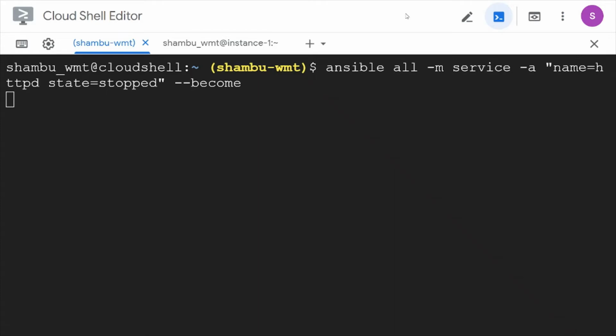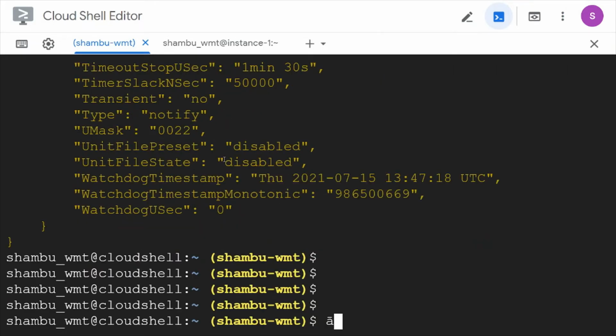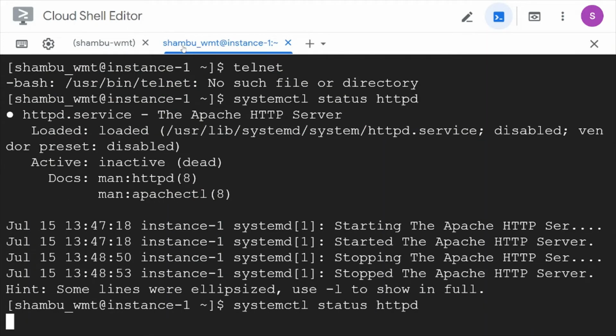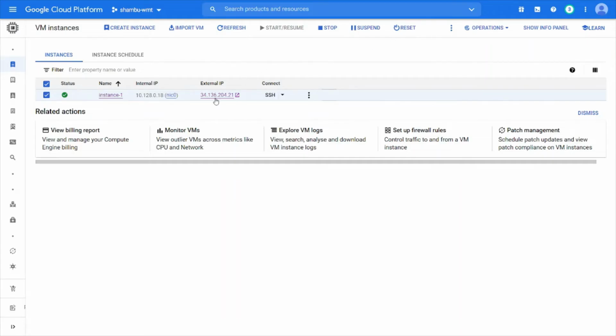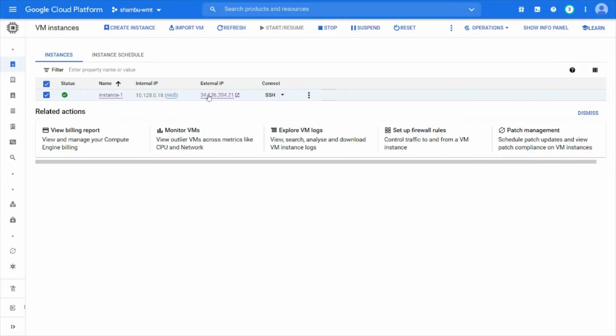Meanwhile it's running, let it finish. I have checked, this has been stopped, but we are still able to see the page when I open it like this. This is due to browser cache. Yeah, it's now gone. Now the browser is also giving the same response, I mean httpd is stopped.